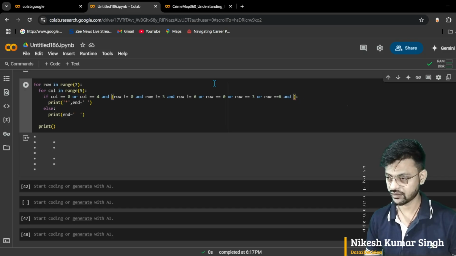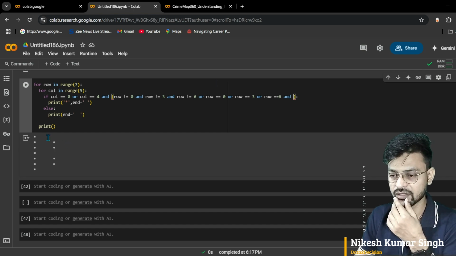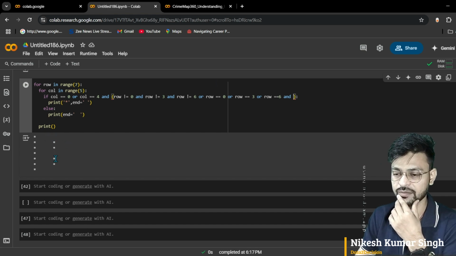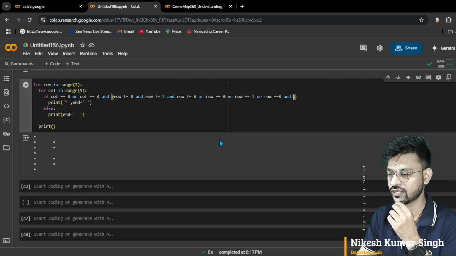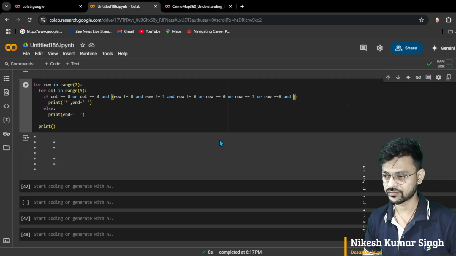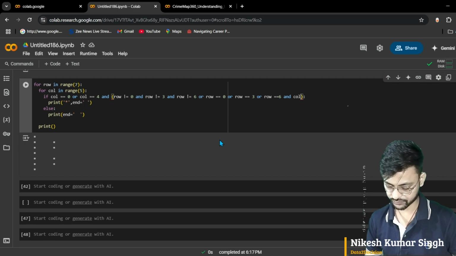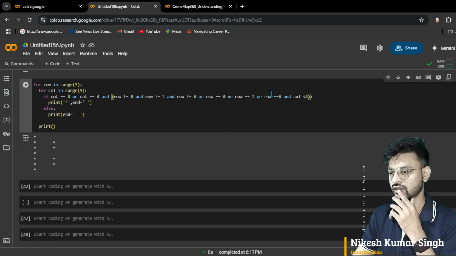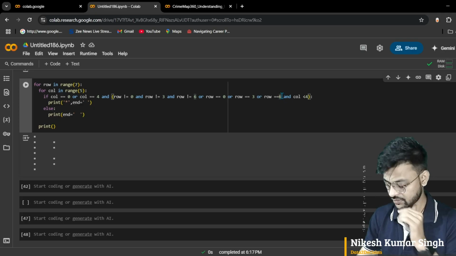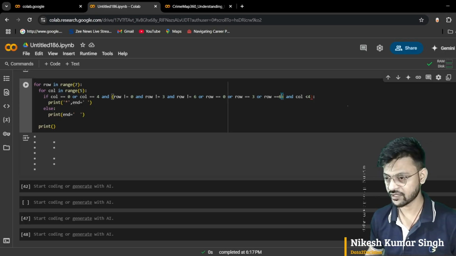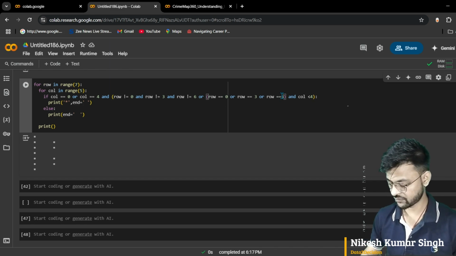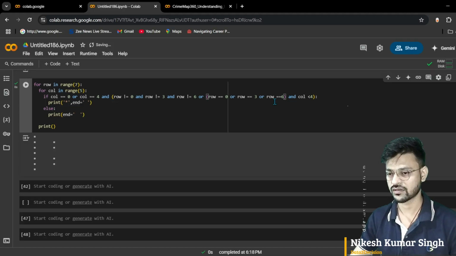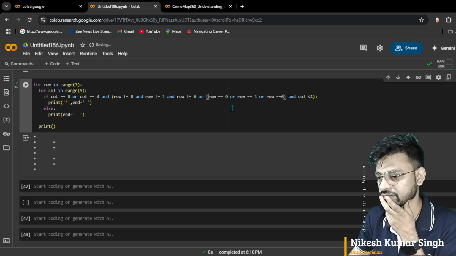I don't want to print star in this place and this place. So for that I simply have to use column less than 4. So now I simply put it inside the bracket. Now you can see,